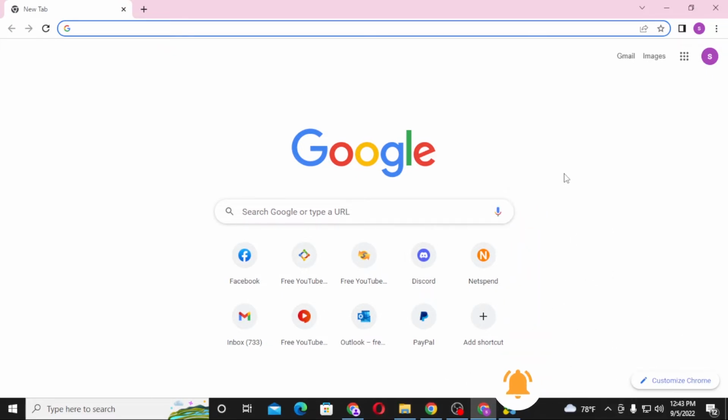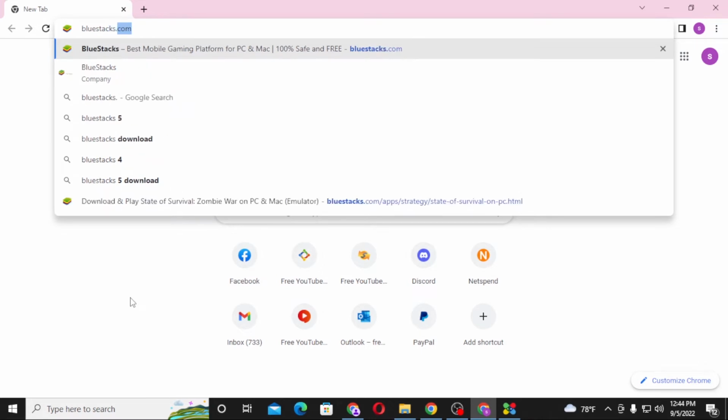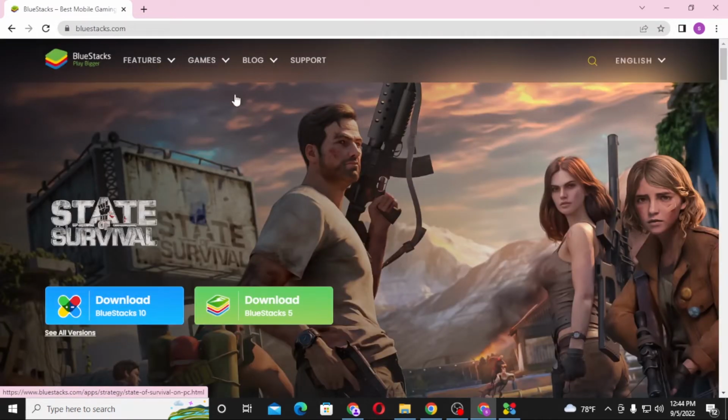Now, to install games and apps from the Play Store on your computer, first you will be required to download the emulator app. For this video I'll be using BlueStacks. To download BlueStacks on your computer, first open up your preferred browser, click on the search bar and type in bluestacks.com like this and hit enter, and you'll be taken to the home page of BlueStacks,